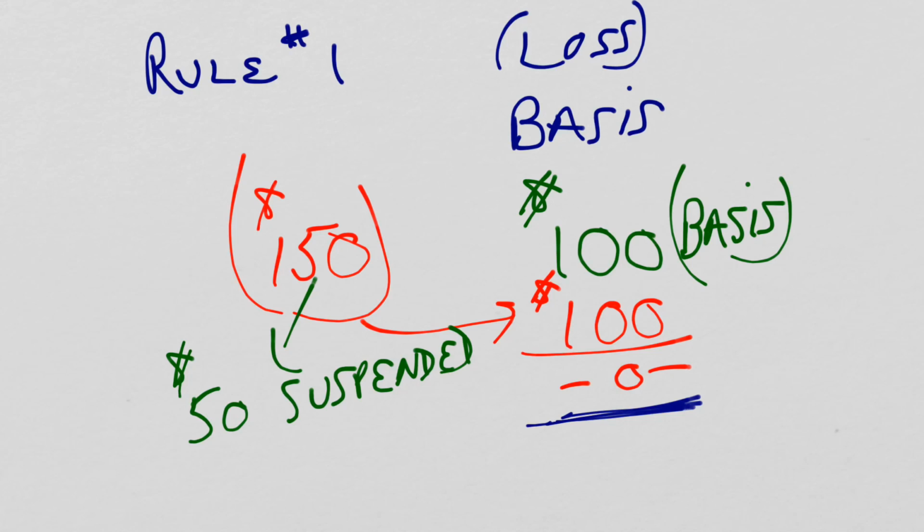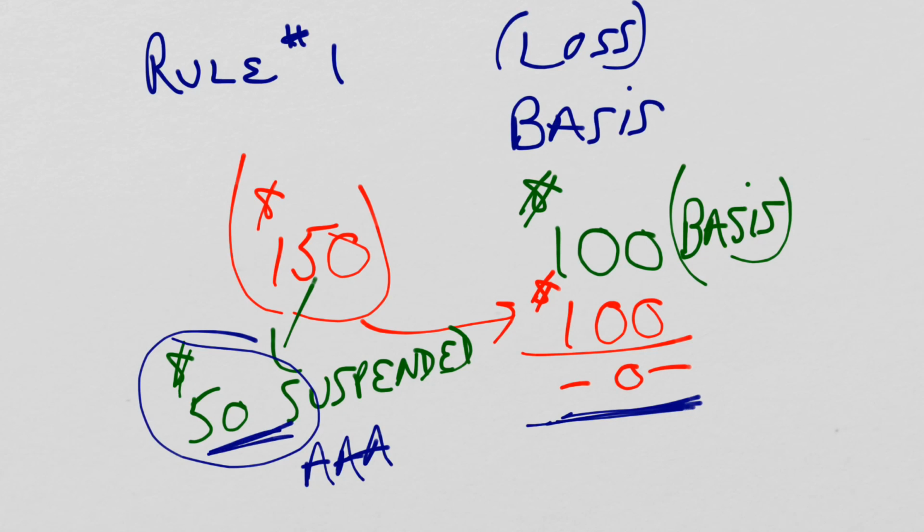But the $50 that's suspended, we keep account for in the AAA account, so we don't lose it. Let me say that again because that's sort of important. The AAA account is where we take into account all the pluses and minuses, even if it goes below 0. The basis cannot go below 0 in real life, but the AAA account will account for this $50 that's suspended,